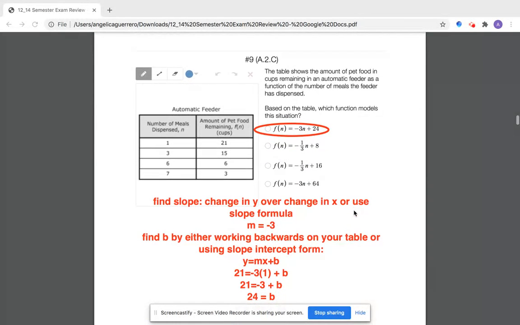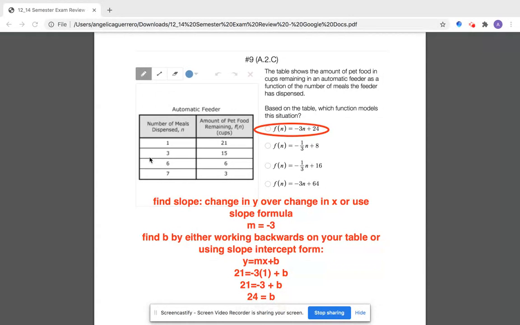Number 9, the table shows the amount of pet food in cups remaining in an automatic feeder as a function of the number of meals the feeder has dispensed. Based on the table, which function models the situation? So from here, looking at our table, we would need to find our slope and our y-intercept. So there's 2 ways you can find slope. You can use change in y over change in x, or you can use the slope formula. So the change in my y values is, and over the change in your x values,